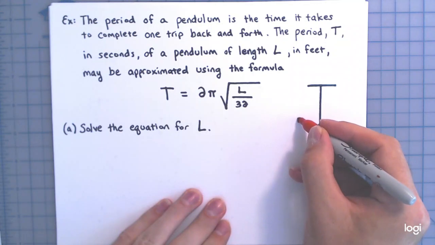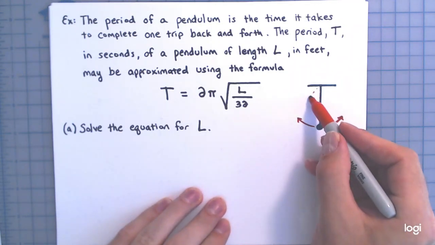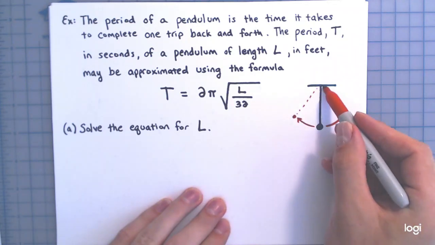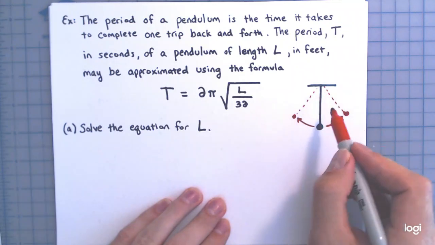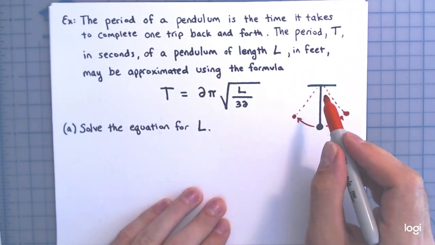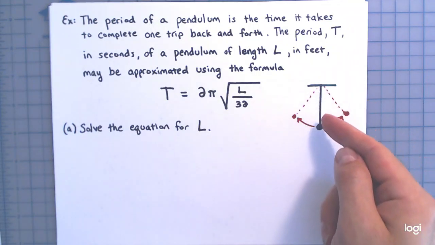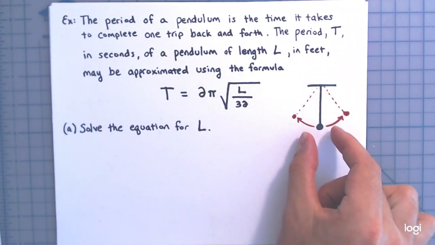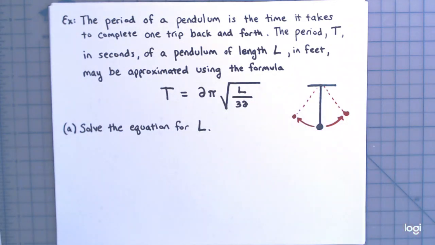What happens is it swings back and forth. The pendulum swings back and forth to be over here at one point, and then over here at another point, and it's just going back and forth and back and forth. A swinging weight on the end of a string, right? And it doesn't have to be a string. If you've seen maybe a grandfather clock, there's a solid metal bar with a big weight on the end of it that's swinging back and forth